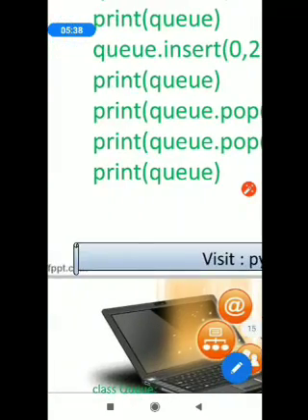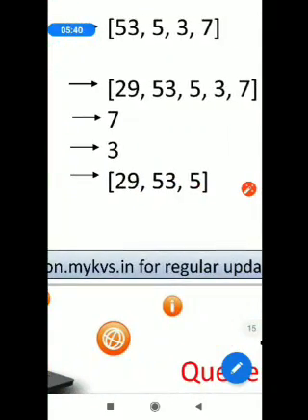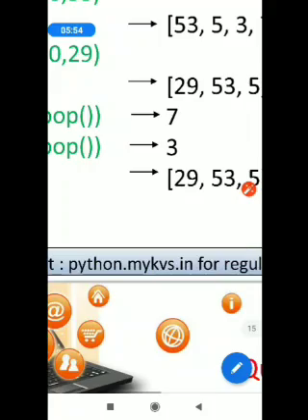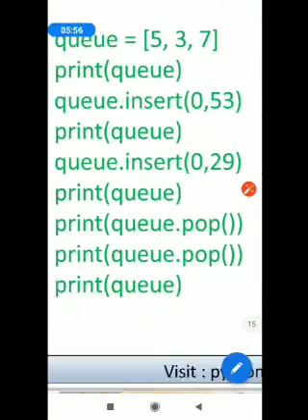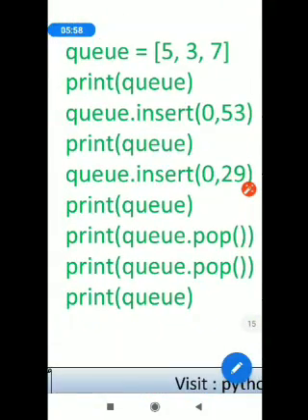Try to print the Q. You will find the Q with the 7 and 3 data elements removed from it. So please consider this small program. I'll send you the whole program. Alternatively, you may write it on your own.